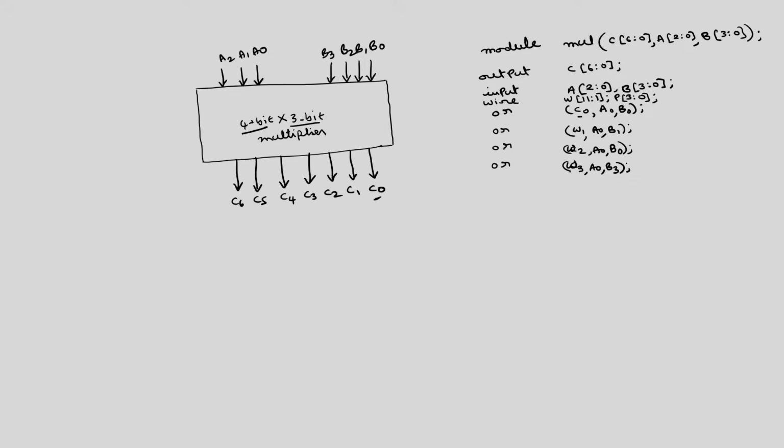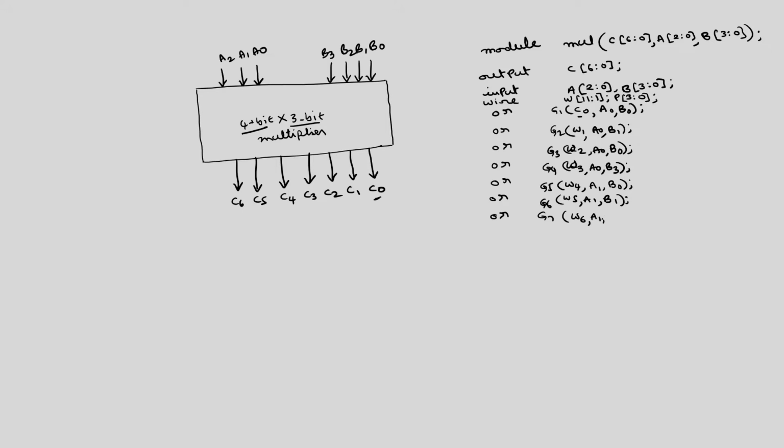Then W1, W2, W3, then similarly W4 is nothing but A1 with B0, W5 is A1 with B1. You can give the names actually here. You can give these names G1, G2, G3, G4, G5, G6, G7,